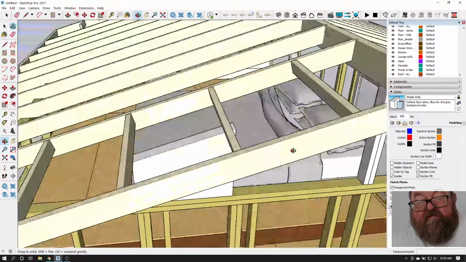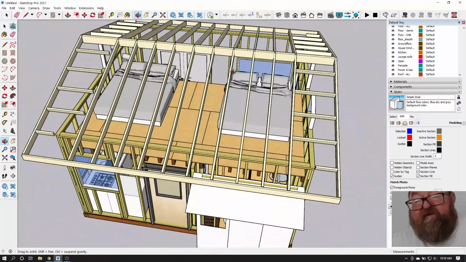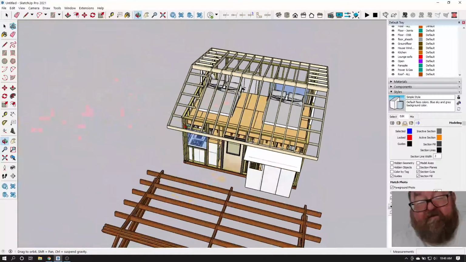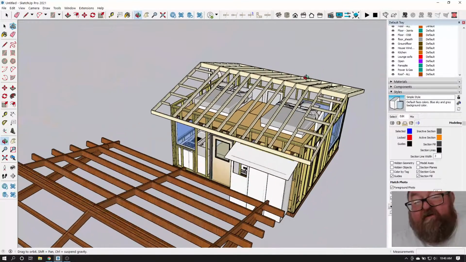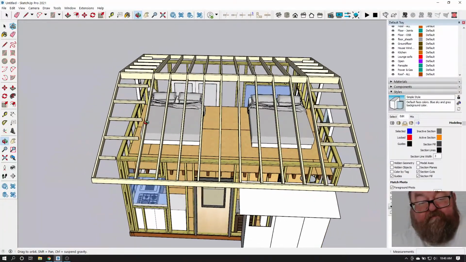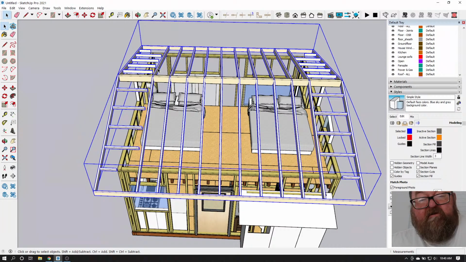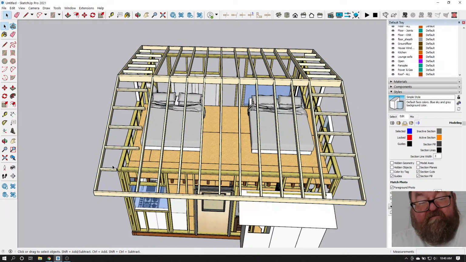The whole point is to get this effect of this coffered ceiling thing that you're trying to do. I think what you're trying to do is you could run these blocks all the way across. So I'm going to explode this and I'm going to show you. And I'm going to show these as if